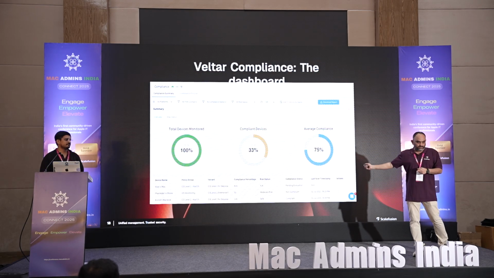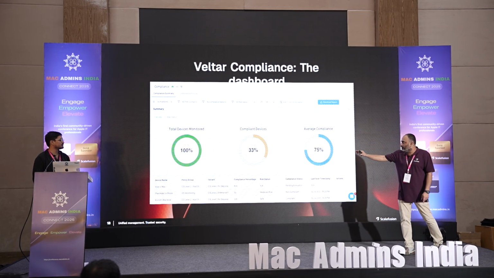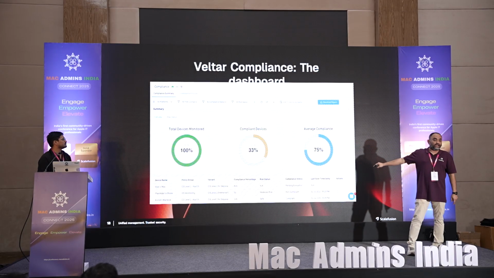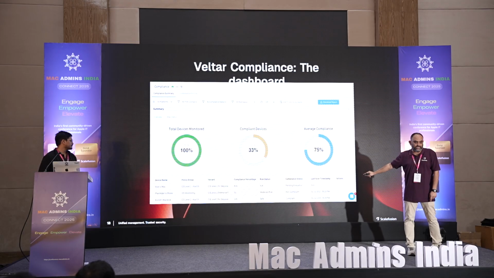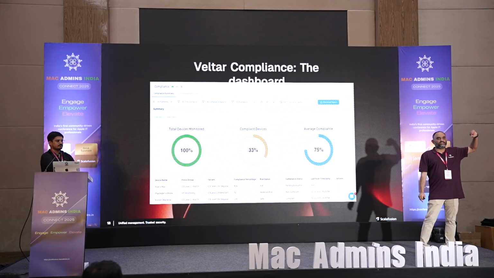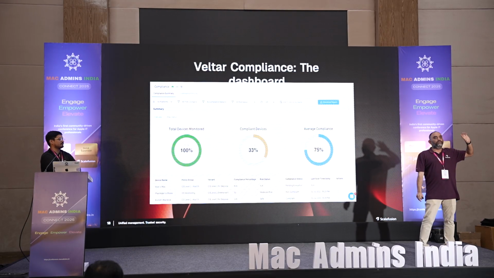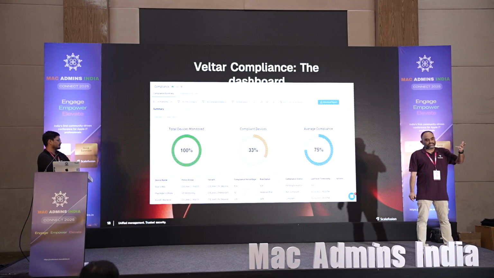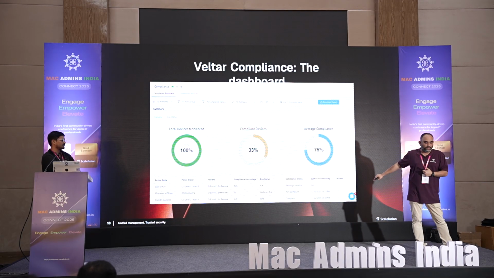Let's see some screenshots. So this is how your dashboard looks, right? You would see how many devices we are monitoring, how many are compliant, and what's the average compliance. If you look down a little bit, each individual machine is scored there, giving you three statuses. Compliance is always looked at as a Boolean, yes or no. But we went ahead and gave you a score so that you can make more decisions out of it, and a percentage as well. So if you see, we give you a percentage, like 50% or 100%,